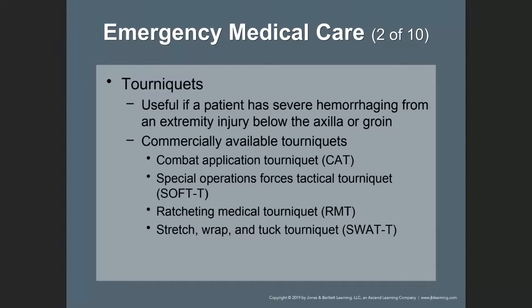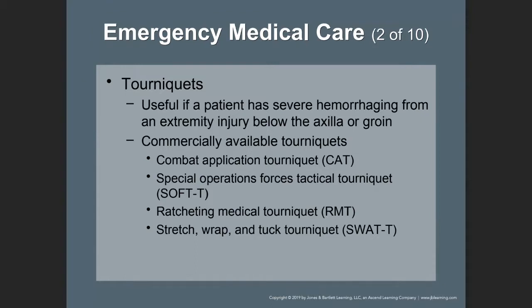Tourniquets are useful if a patient has severe hemorrhaging from an extremity injury below the axilla or groin. Commercially available tourniquets exist, and you have various types: the combat application tourniquet, special operation forces tactical tourniquet, ratcheting medical tourniquet, and stretch wrap and tuck tourniquet. So various types. You can use a blood pressure cuff as a tourniquet. You can use triangular bandages and improvise to make a